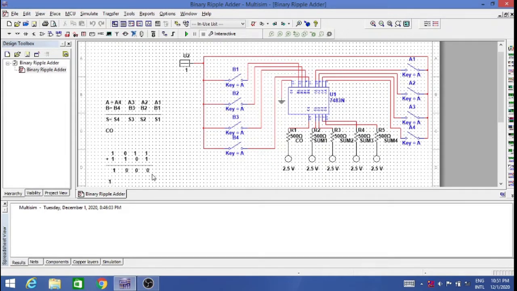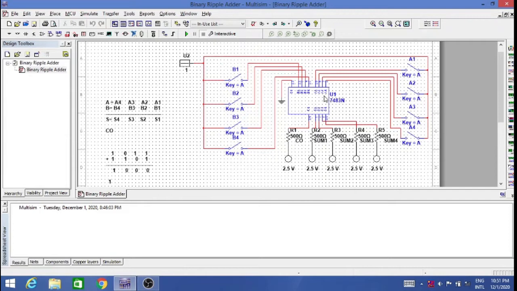I'm going to test this input of a and b on the circuit on the right-hand side, and for that I have taken a ripple carry adder IC, that is 7483. At this point of time you know what a half adder is, what a full adder is, and how to form a 4-bit ripple carry adder. So I'm not going for the schematic; I have directly taken an IC, and to that IC I'm giving a and b as inputs in terms of 4 variables each.